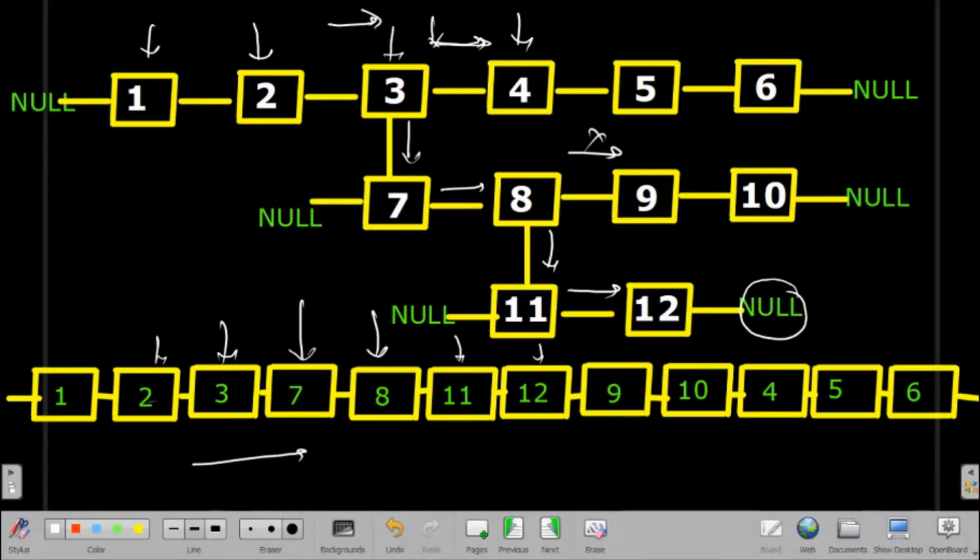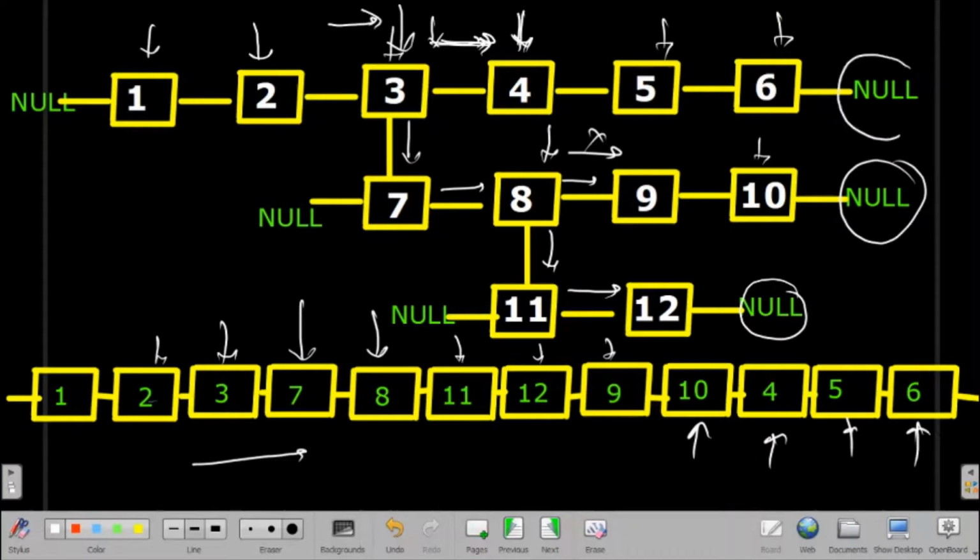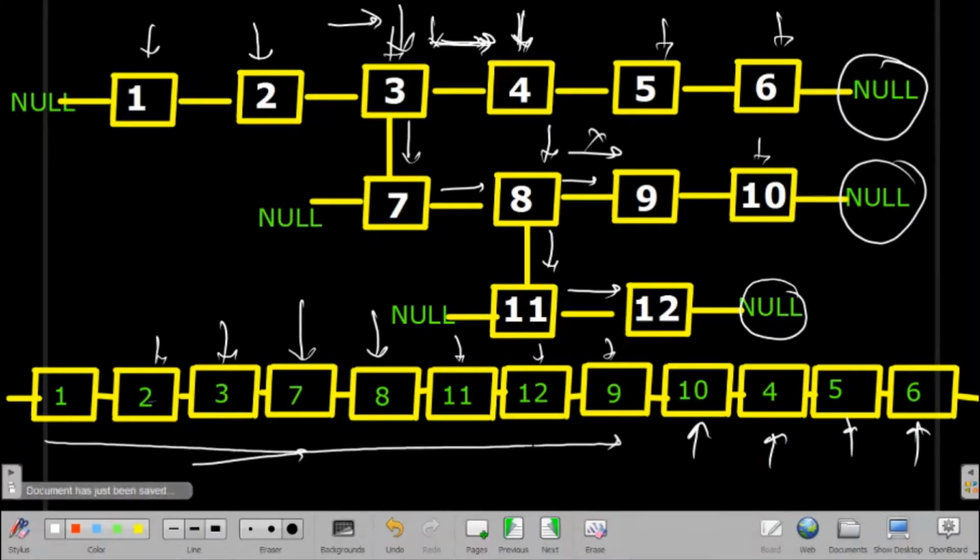So what we will do, we will again come here to the parent node, and again we will move in the next direction. So insert 9. After that we will insert 10, and again we got null, so again we will go to the parent node, that is 3, and again we will move in the next direction. So we will have 4 here, so we'll insert 4, 5, 6. Again we will reach null here, and we see that we have traversed all the nodes in the linked list. So after that we will return this linked list, the linear doubly linked list.